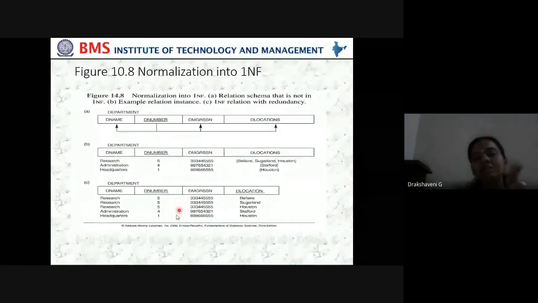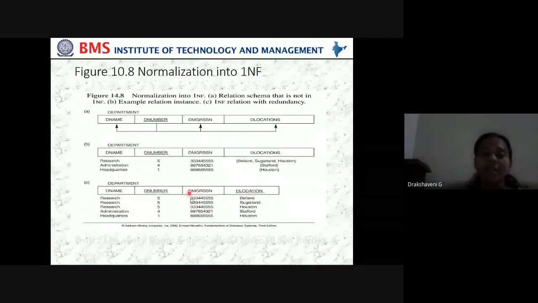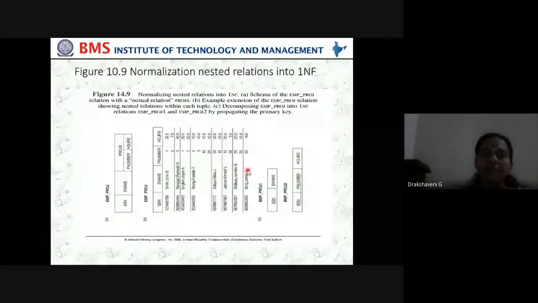We have redundancy, meaning we are wasting memory space here. So this table should not be like this when we are forming a table. Because location is a multi-valued attribute, and if I split it into three, these are becoming redundant. I have to write research three times, the number three times, the manager number three times. So this table is not a good table, because it has redundant values. Then how should we make this table?